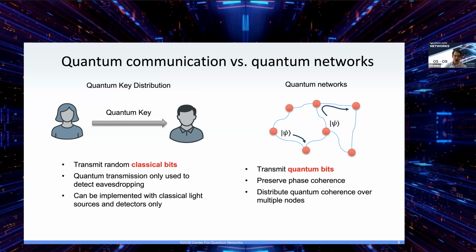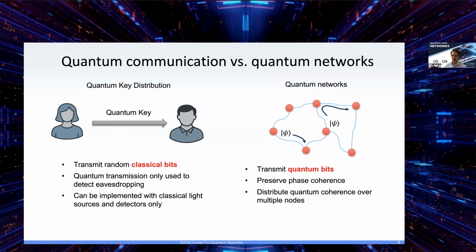So I want to begin by distinguishing quantum communication versus quantum memory-enhanced quantum networks, because it's an important distinction that sometimes gets confused, and it's a little complicated by the fact that quantum networks can implement quantum communication, but there are some important differences. So in quantum communication, the most common context you come to is quantum key distribution, where